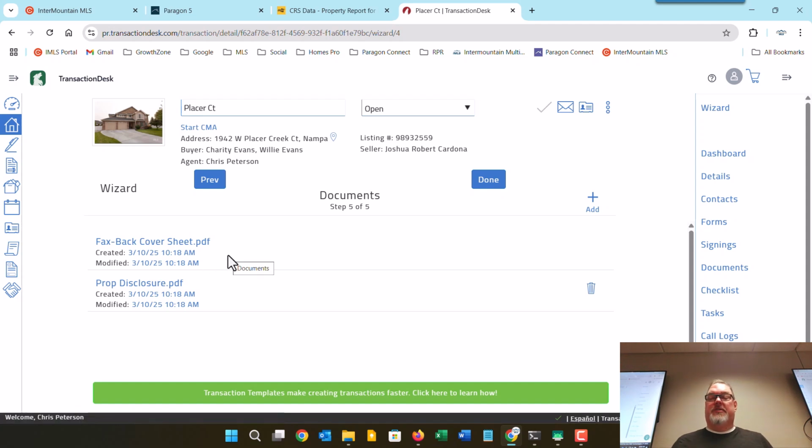The FaxPack cover sheet, which is always there, is used if someone is returning a signed document and faxing it to you. If they use that cover sheet, it goes right into the transaction. But the property disclosure that's here came from the listing. So again, you don't need to change your screens, but I'll bring the listing up here that we're working with